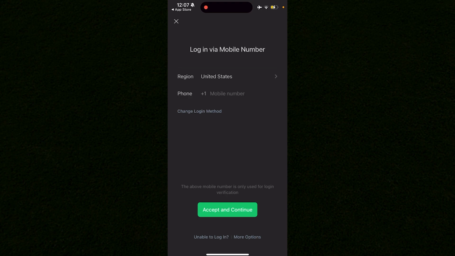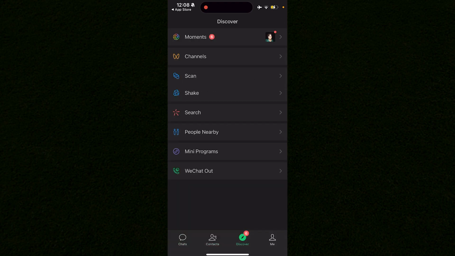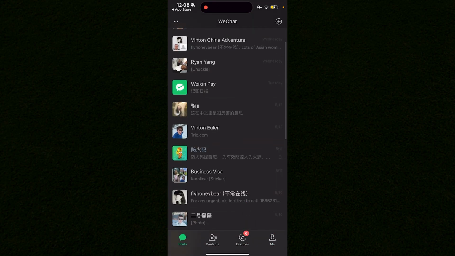Then it will bring you to a page like so. You just want to create a new account. How you do this is you enter your mobile phone number and click accept and continue. It may ask for an SMS verification code. All you do is click accept and continue. Once you've successfully created an account, your page will look something like this, except without any context like I